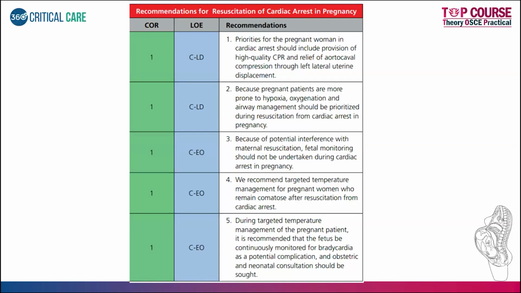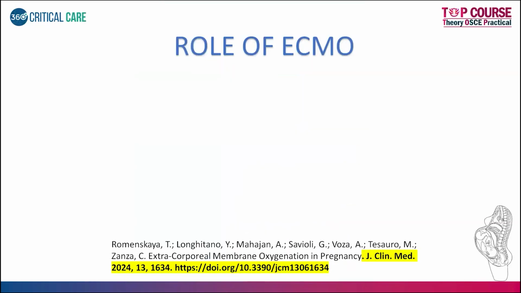Okay, so most of the other thing is about targeted temperature management. So what they're telling is whenever the patient has achieved ROSC, in such patients, better to do the TTM like we do in any other case. Okay, keep the temperature between 34 to 36 degrees Celsius. Okay, don't need to induce hypothermia, etc. Go ahead, get your other workup like a cardiac workup, etc. Probably based on the diagnosis, you can go ahead similar to a non-pregnant patient. Okay, so this is again a level one recommendation.